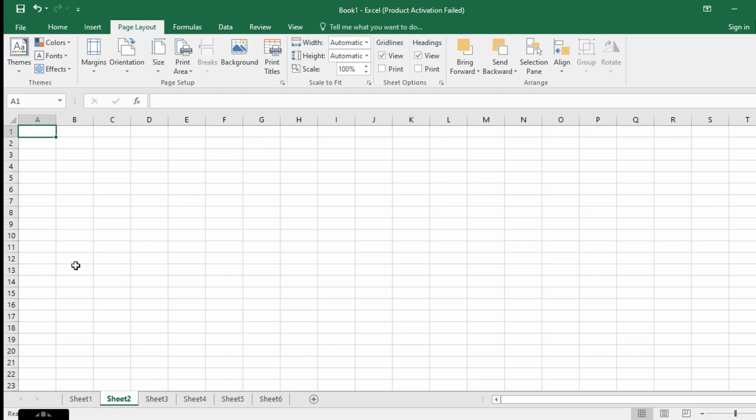Next we will see how to sort data. For that let me type some numbers: 1 2 3 4. Here they are all in order. Let me erase that one and type some numbers which are out of sequence.